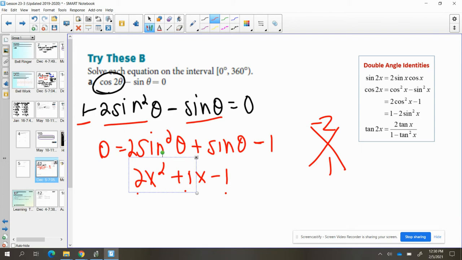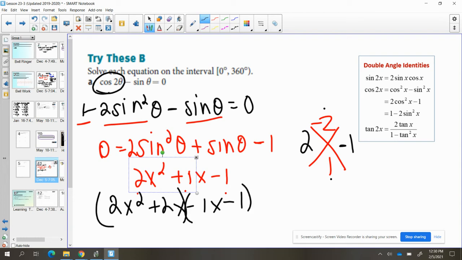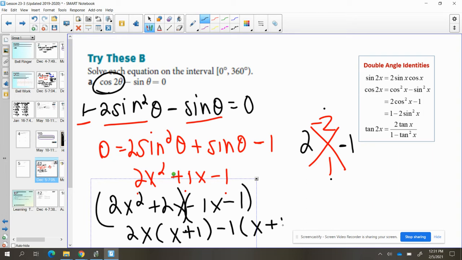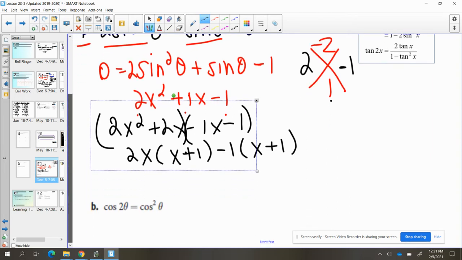Well, positive 2 and negative 1 multiply to be negative 2, but add to be 1. So we could break this up so that we have plus 2x minus 1x minus 1, and our factors become a GCF of 2x here, x plus 1. A negative 1 can be pulled out, and we have x plus 1, so that we end up with 2x minus 1 and x plus 1,